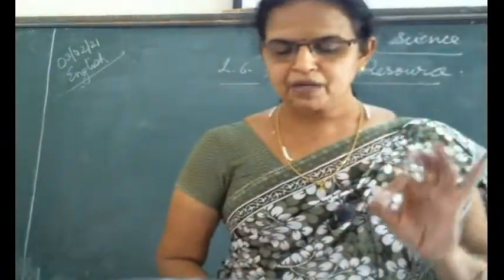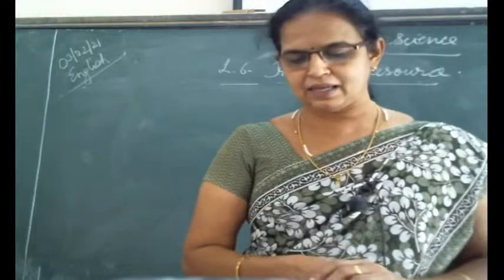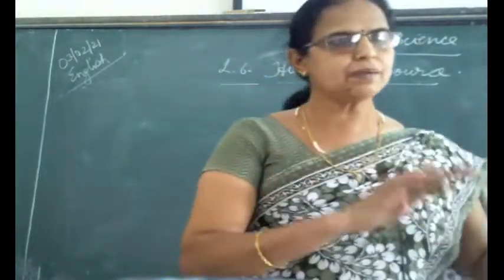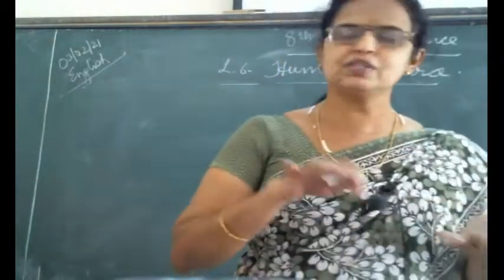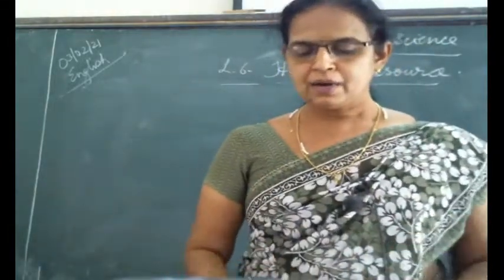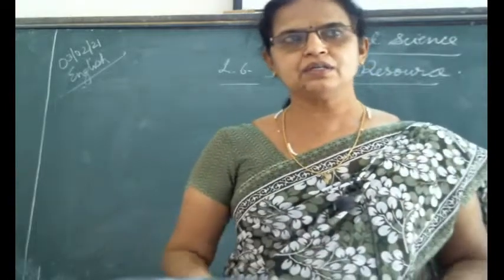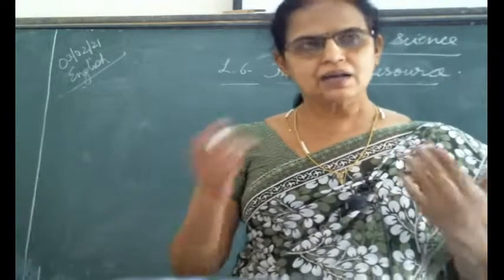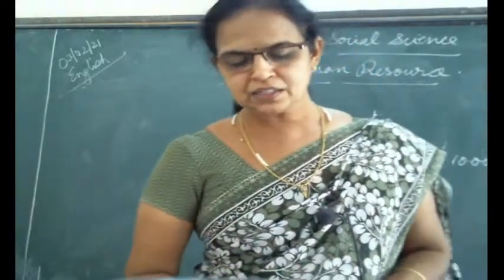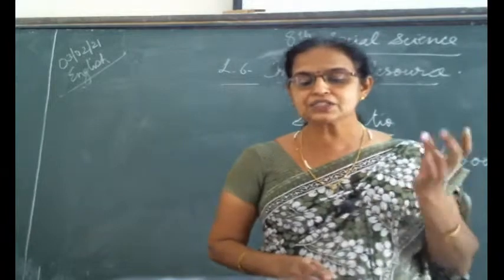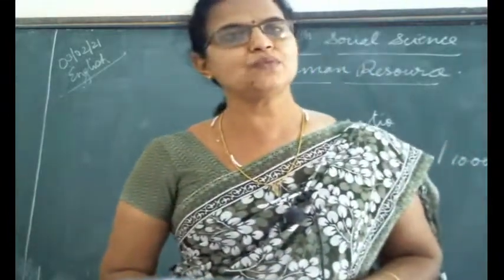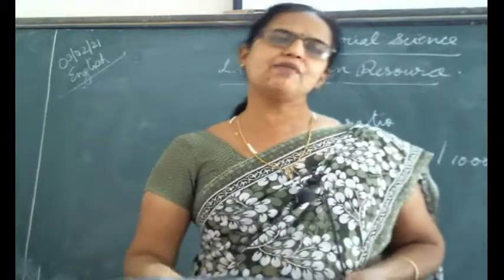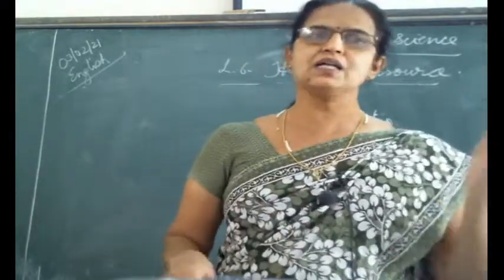Defined as the number of females, how many ladies are there, on the calculation of 100 males. So 100 males and 100 females, the sex ratio is balanced, an equal sex ratio. But whether the sex ratio is equal or not, let us see, especially in Gujarat and in overall India also, the sex ratio has been reducing consistently since 1951. After independence in 1947, within 5 or 6 years, it started to decrease.